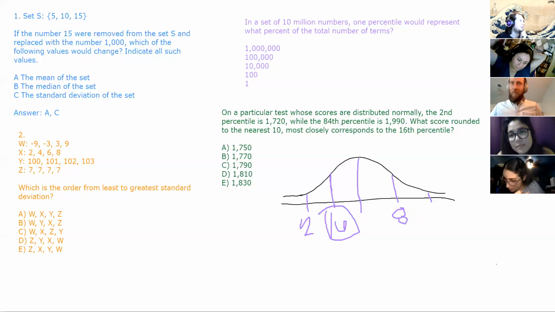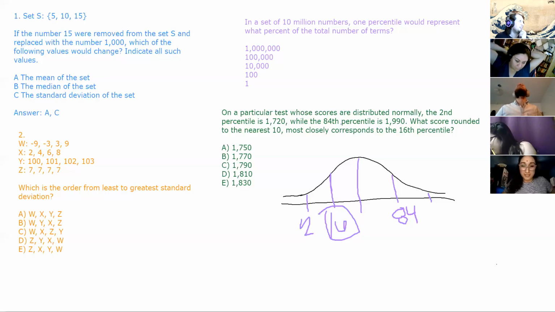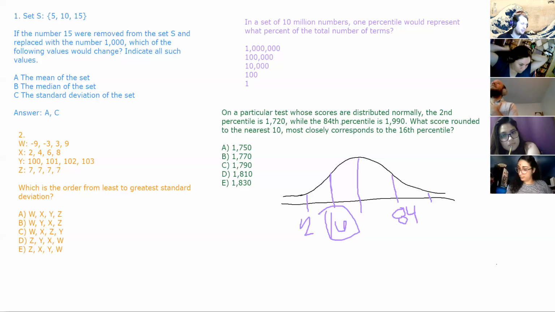What's going on here is something that if you didn't take statistics, you'd never know. And if you took statistics a dozen years ago, like me, you'd have forgotten. But the way this works is the 84